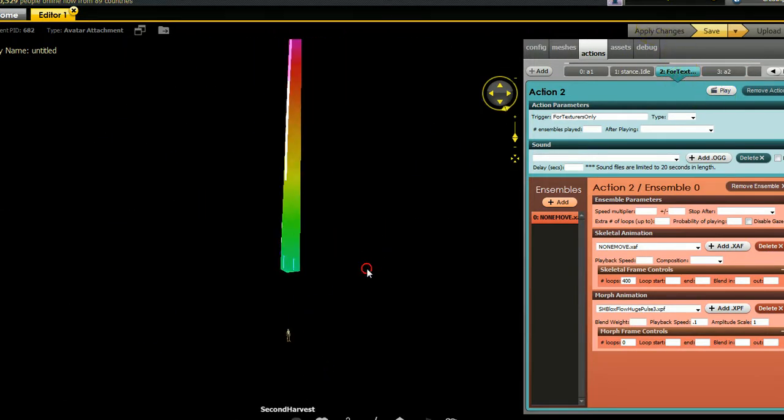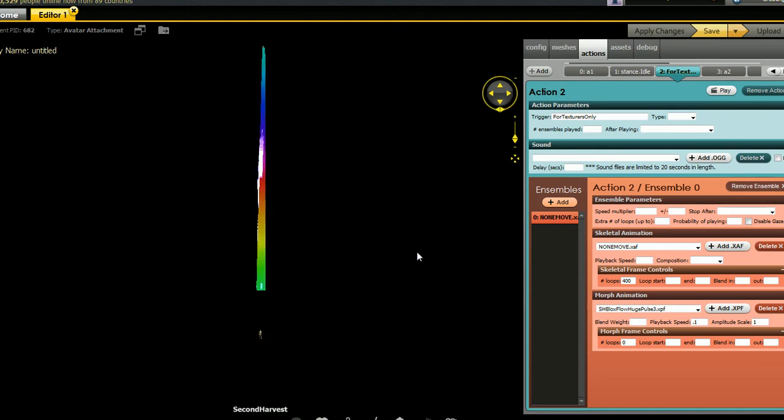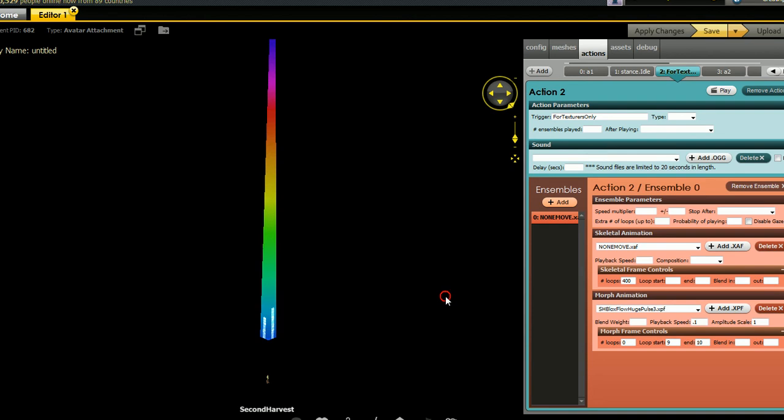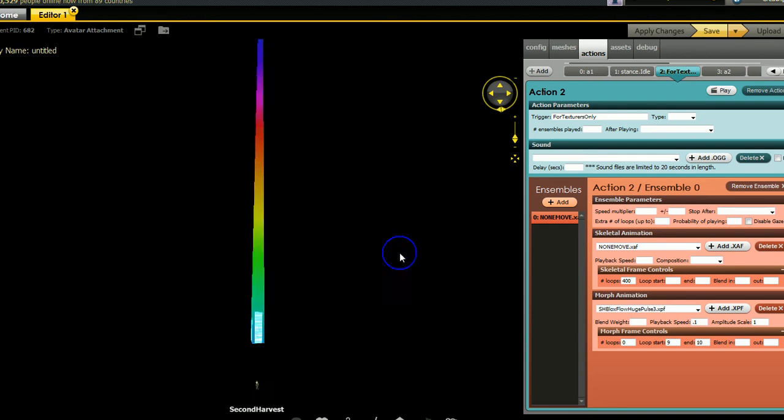Get back to this. To stop it pulsing, I'm going to put loop start 9 and loop end of 10. And now you'll see it's not sitting there throbbing anymore. That's cool. Get rid of this. Play it again. So you've also got the scale,